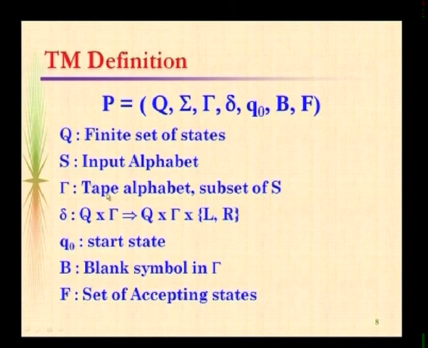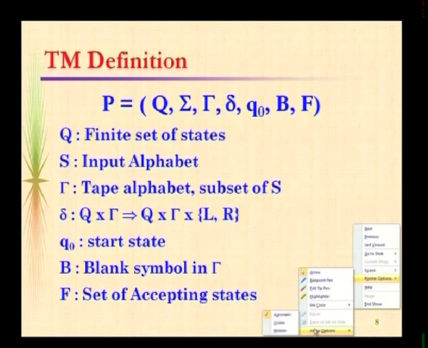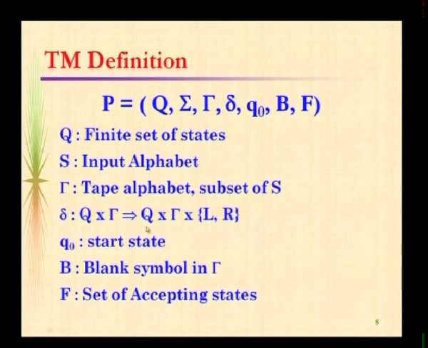So, we call gamma the tape alphabet, and then we have the transition function called del. This is how the Turing machine behaves for some input. It is fully described in terms of the del function, whose definition follows. We will have a state and a symbol from the tape alphabet. You read the current state and the current symbol from the tape, and based on these two,